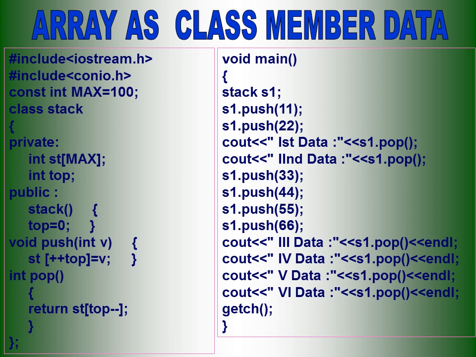One thing we have to show here is how the object can refer to the particular array values. Stack s1 is the object, and we use the object with the dot operator and call the push function, passing the arguments here. That argument acts as the array's value, and we use that value as an array variable, and it does the push and pop operations of a stack. Afterwards we calculate similarly to the previous program, and it declares and displays the answers.